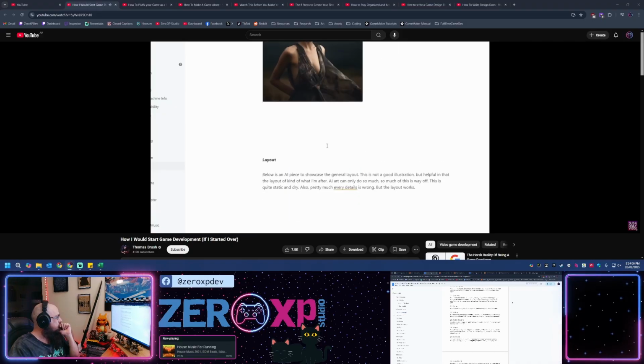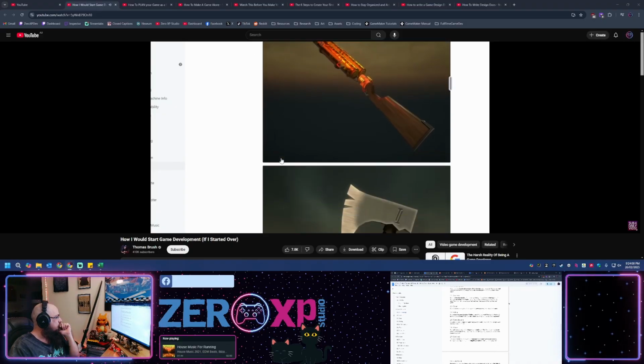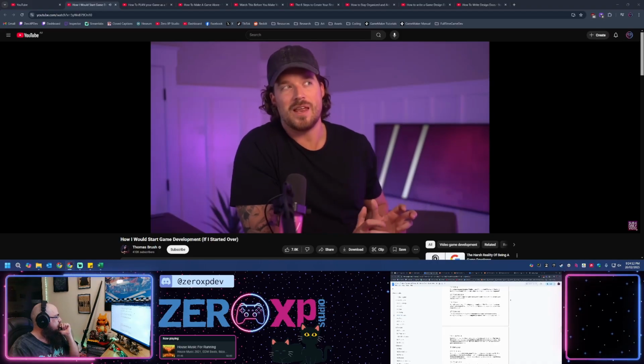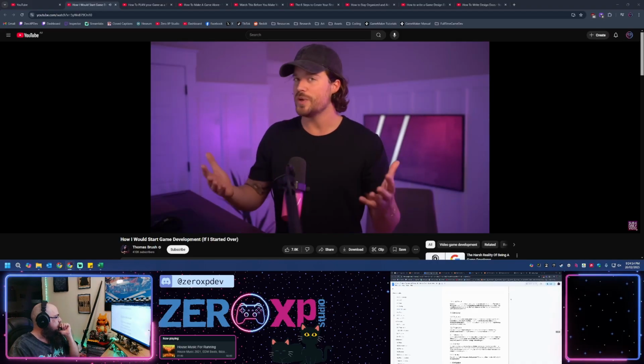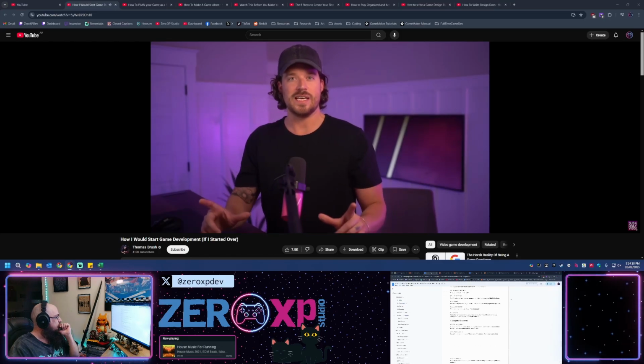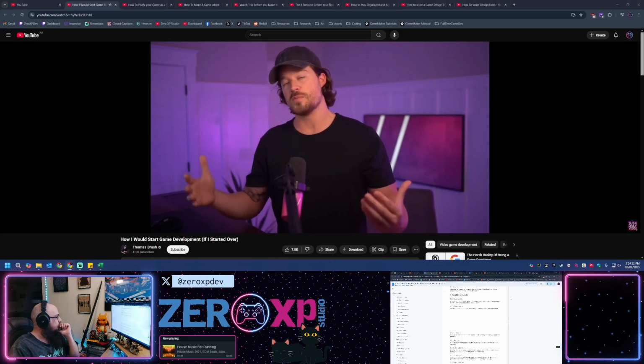You want to do this in a GDD as opposed to with your game, so that you don't have to spend all that time building it out in your game and then removing it and putting in something else. Instead, do it in a Photoshop document, get those images together and put it in your GDD. And now you know moving forward what your game is supposed to look like.